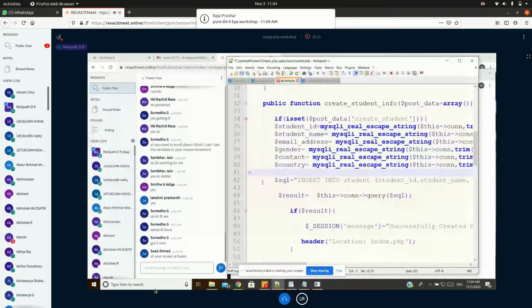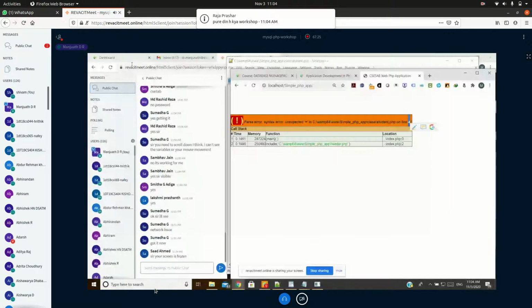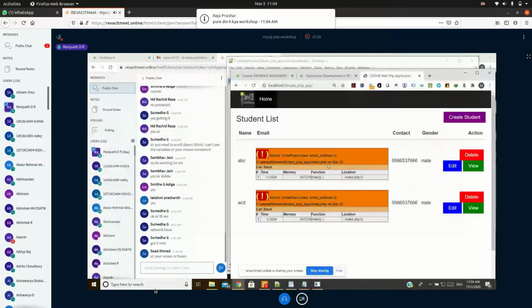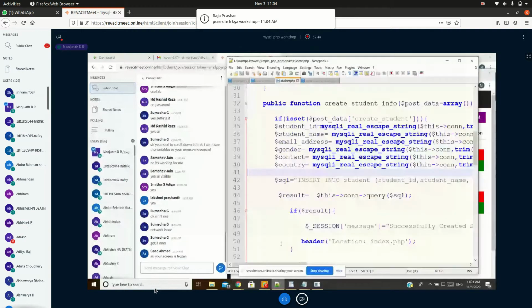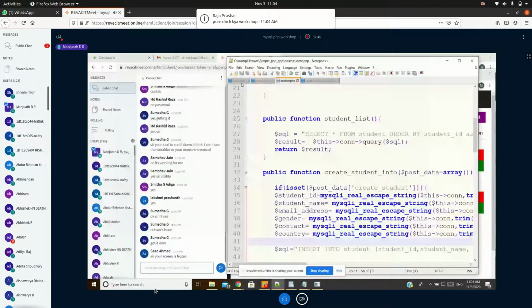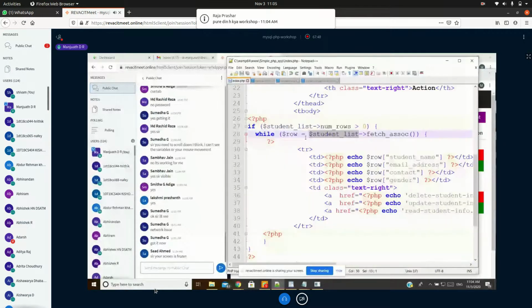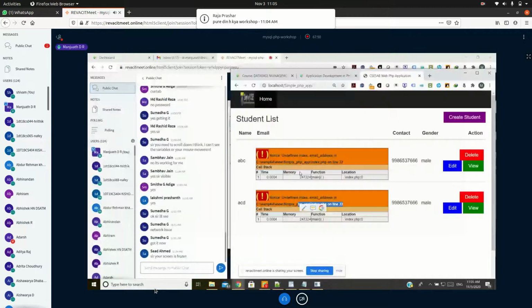Okay, still I have a little error. What is it? Undefined index email address in index. Okay, little problem with the email. Is that one also? We have the line number here, right?